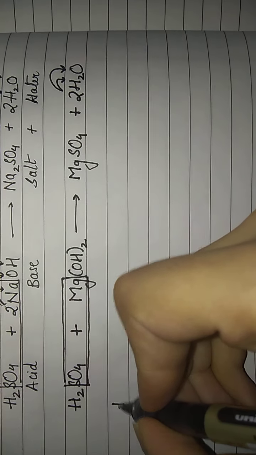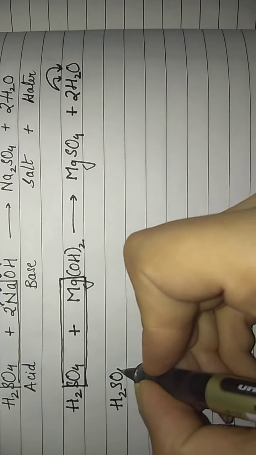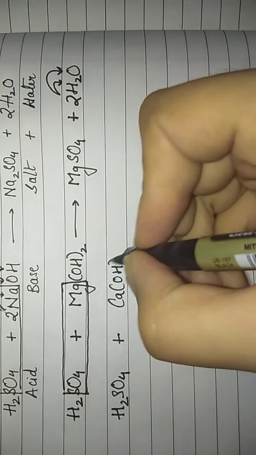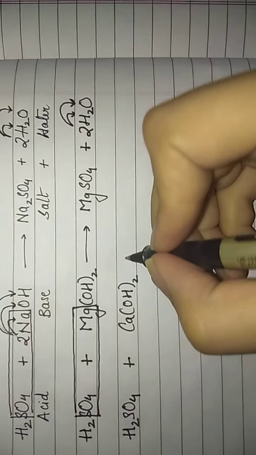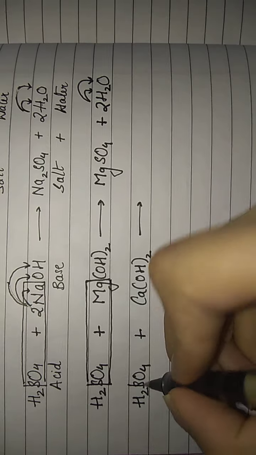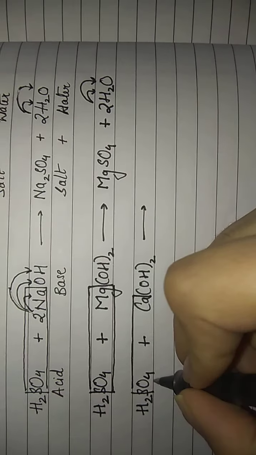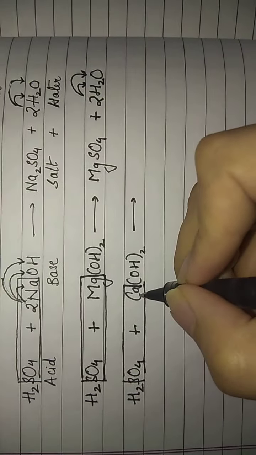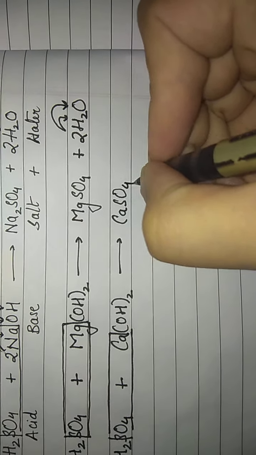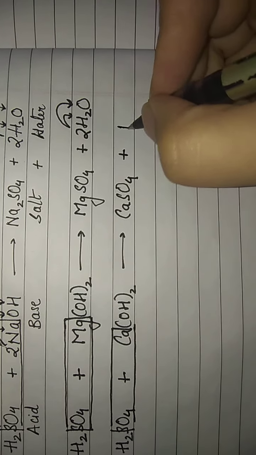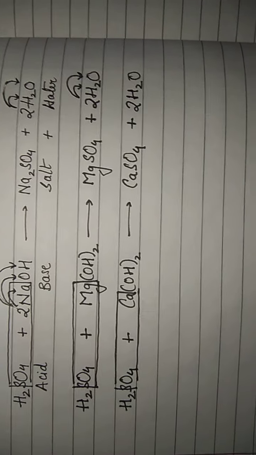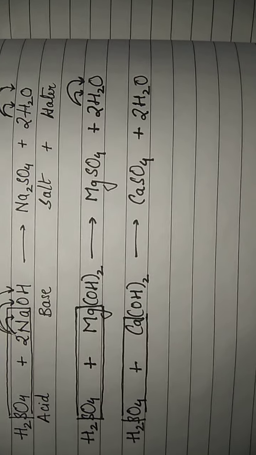Let us take one more example of H2SO4 with calcium hydroxide. Again, now I can directly form the product. Let me show it again. So this time my salt will be calcium sulfate. We know the formula of calcium sulfate by the crisscross method. It is CaSO4 along with water. I am directly balancing this reaction. I am not explaining the balancing. Once again, we have discussed it a number of times.